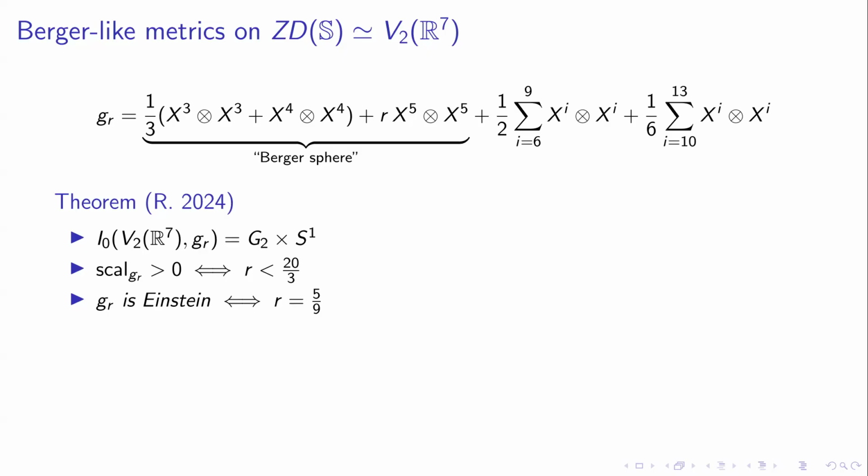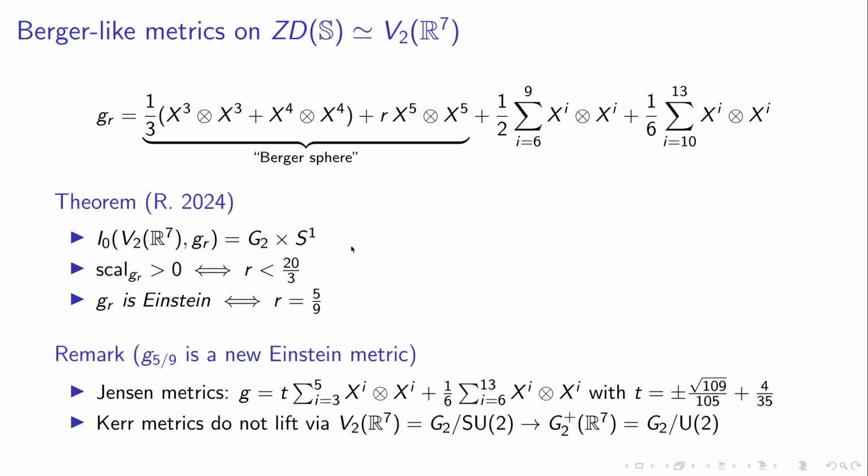It's always smaller, and these are computed in some old works also, but this is the full isometry group. So a remark about the Einstein metric is that this is a new Einstein metric because it is not